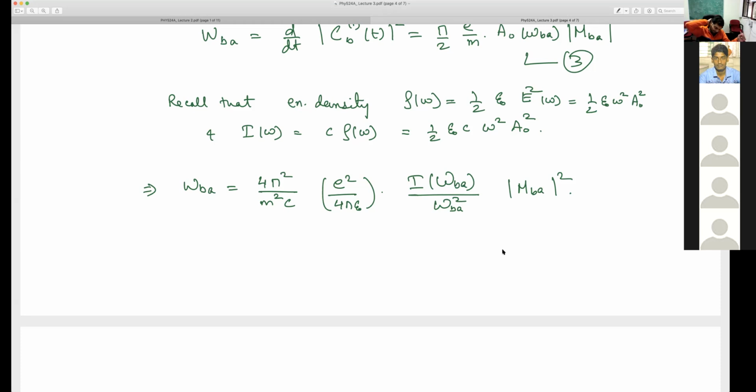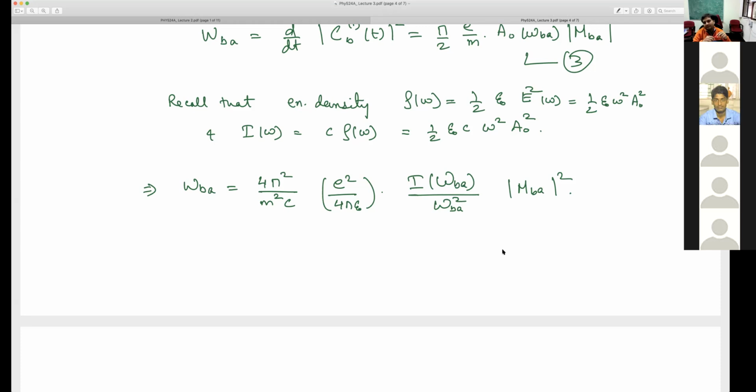And also, sir, here we have done the first order perturbation, so we got the dipole radiation. If we do second order perturbation, will that be quadrupole radiation? Correct, you will get a quadrupole term. Absolutely. In fact, if you do higher order perturbation theory, you will get higher order moments. No doubt. Yeah, that's a very nice observation.